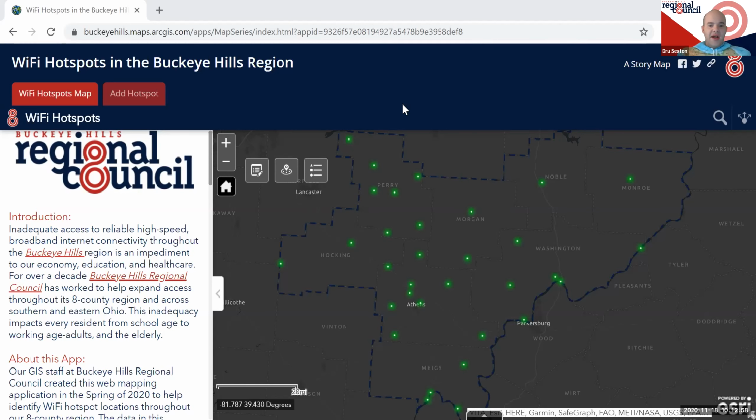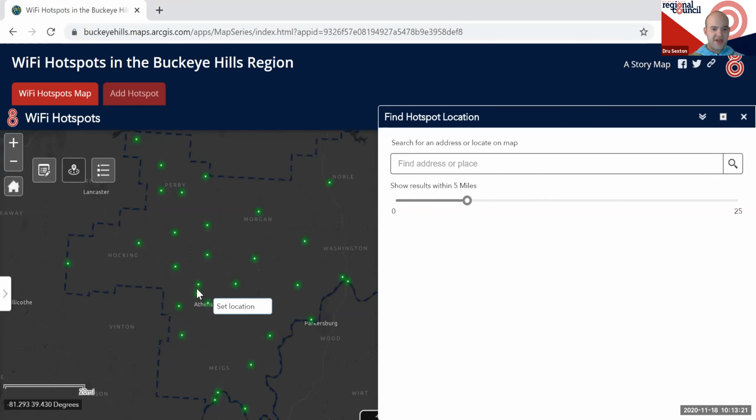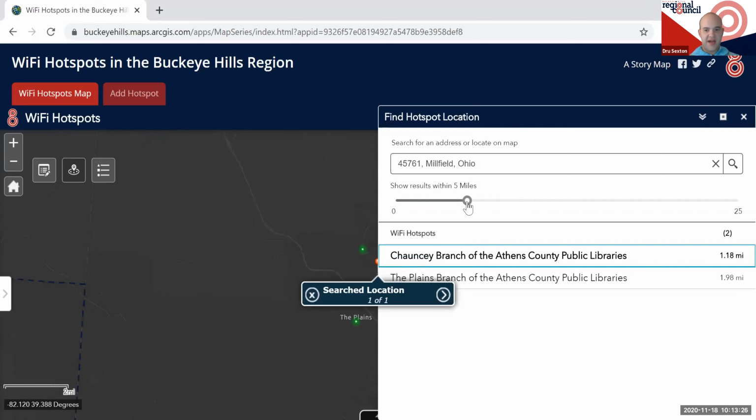And so, basically, you can come to this application, and if you were looking for a public Wi-Fi hotspot in the region, you could come to this map, and you can use this cool tool. It's called Find Hotspot Location, right? Sorry, I'm on a laptop, so this is a little bit of a tinier screen here. But what it'll allow you to do is come and drop a point on the map, and you can set this little slider here and adjust what the distance is, and it'll tell you